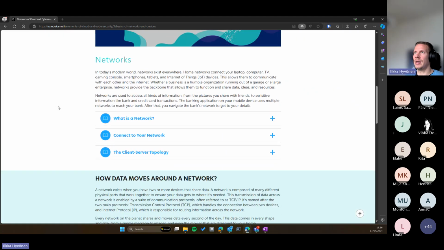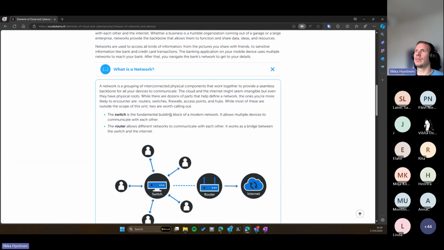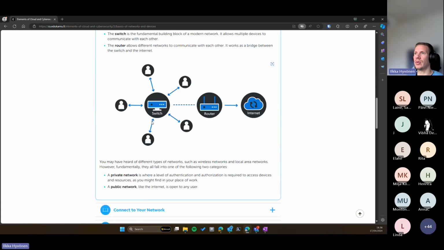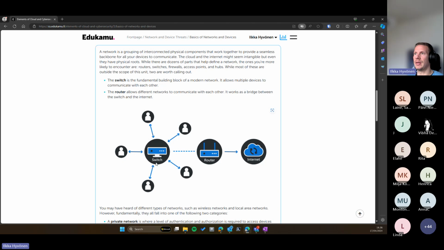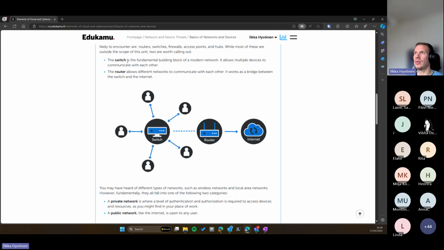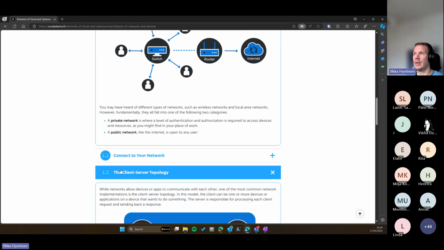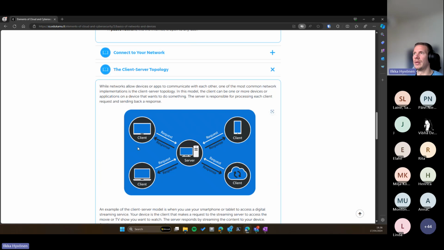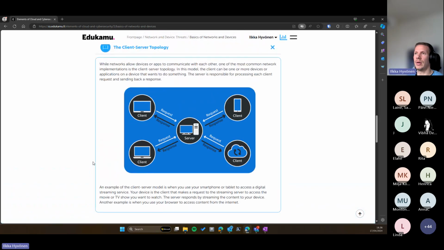And the next part is networks and devices. So it's probably good to understand at least the basics of networks, which is nowadays, of course, quite basically everywhere. But there are also some concepts like switches and routers that might not be known to everyone, but it's good to understand those concepts and things like client server topology. I would say that maybe that's also something quite common, quite important concepts in a way to understand how the communication between different devices work,